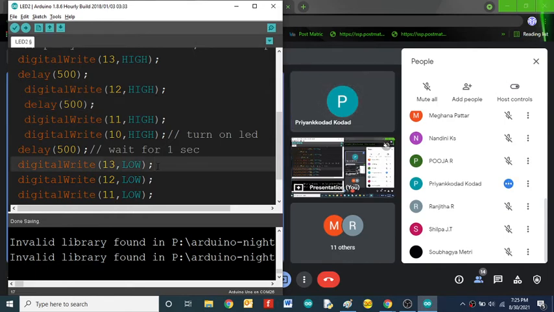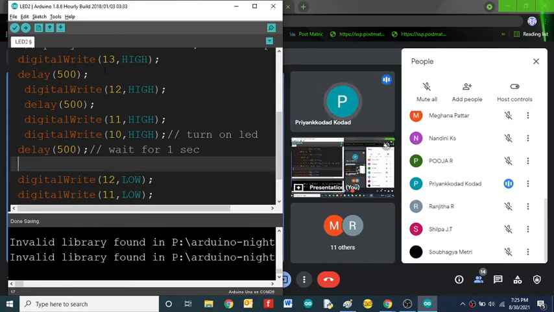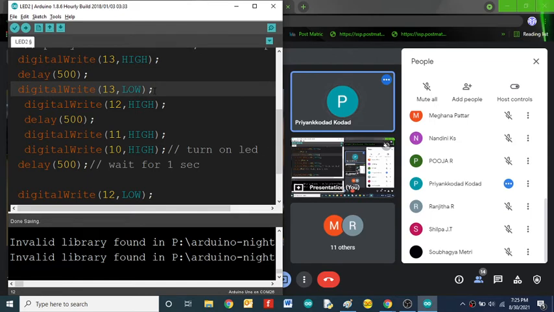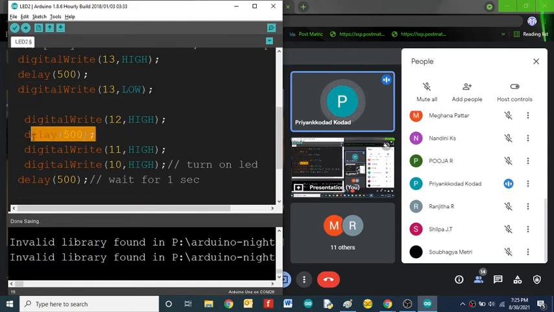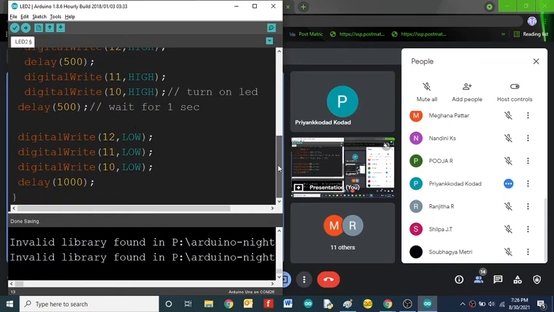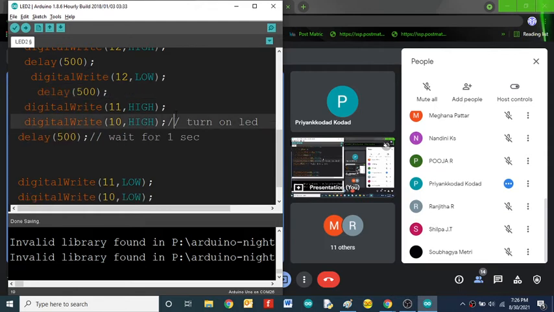So then what about 13? 13 also, so 13 high. After 13 high, 13 low, sir. Then 12 high, then 12 low, sir. Okay, fine. So 12 low, delay. So next delay.